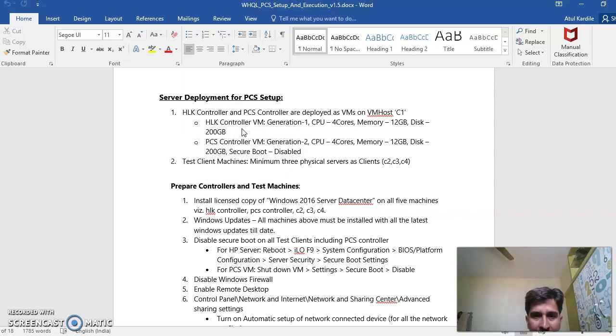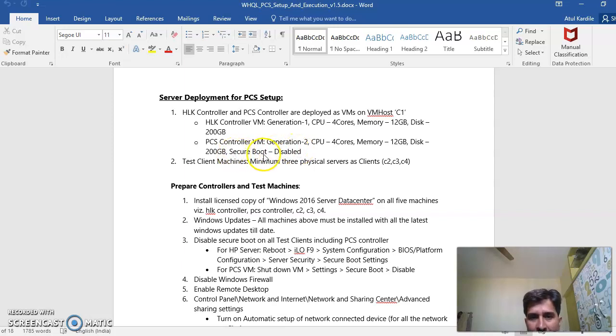You can have more than that, maybe 8 cores or more RAM, and more hard disk is definitely better, because they have their VMs. The VM image itself is 40 GB. So it is better you have more, at least 250 GB on the PCS controller and HLK controller. I would recommend that, but 200 is the minimum that you're gonna need.